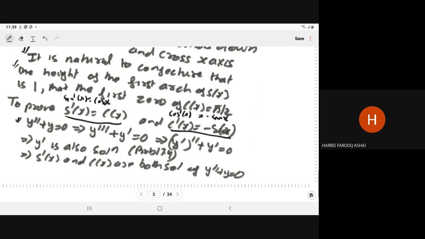The problem number 17.4. So it means we are saying that for the given equation, earlier we have seen that Sx and Cx are solutions. Now we are saying that the derivative of a solution is also a solution. So we claim that S dash and C dash are solutions of y double dash plus y is equal to 0. Both are solutions. Now we just equate them. First we have seen there are the two solutions, Cx and S dash. So what are the given conditions?